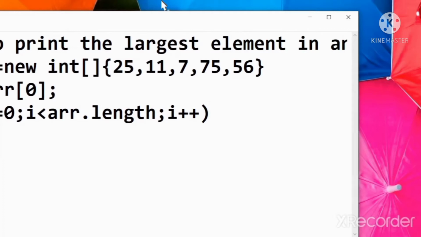After that we are going to compare all elements of the array with max.